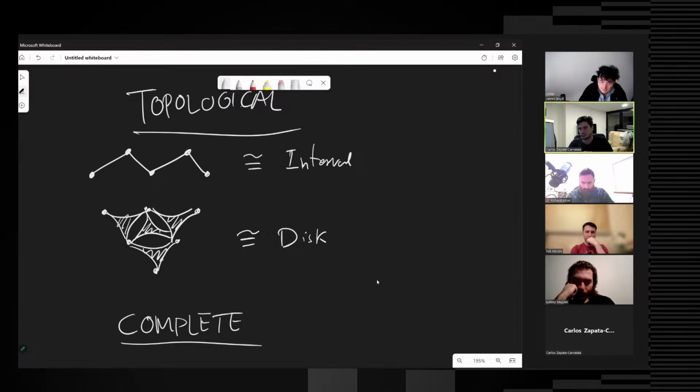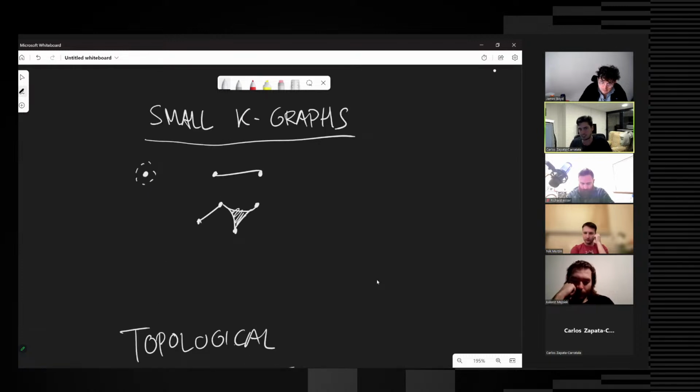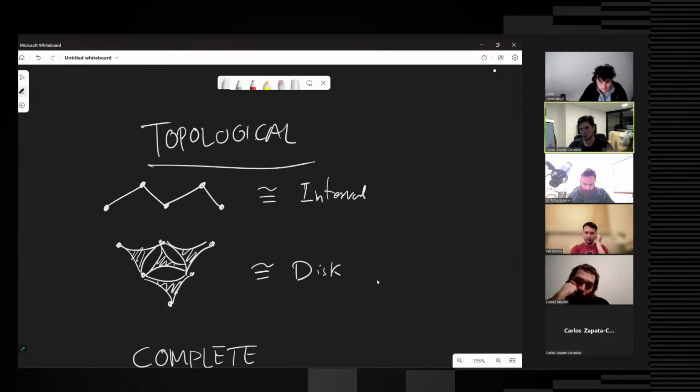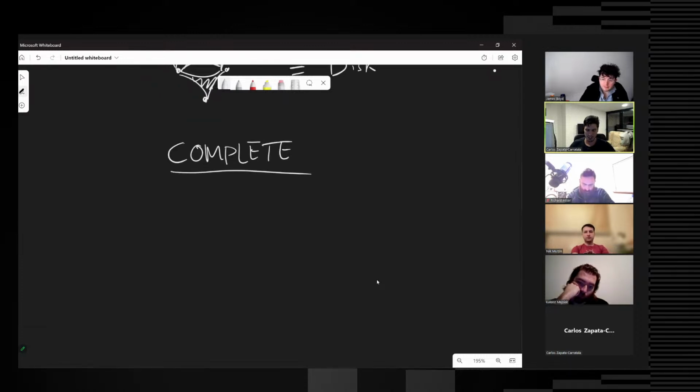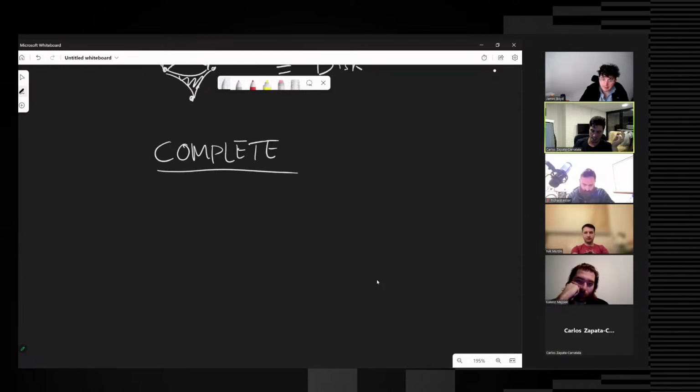Although in the beginning of our investigations, we'll probably actually look at exact motifs, and that's why I would prioritize small hypergraphs and exact shapes other than topological. Then another class that is very natural, almost a completionist criterion, which is to say, for any species of hypergraphs, you can always think of the complete hypergraph, right? It's the hypergraph that has all the edges on that set of vertices.